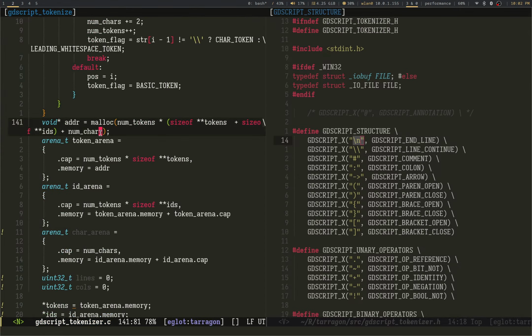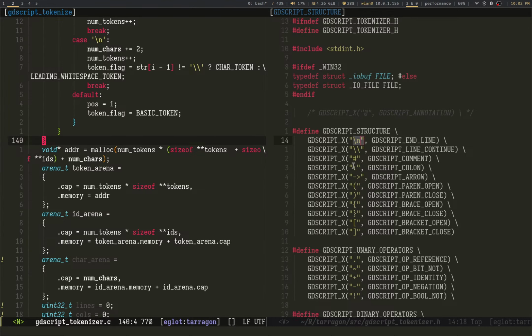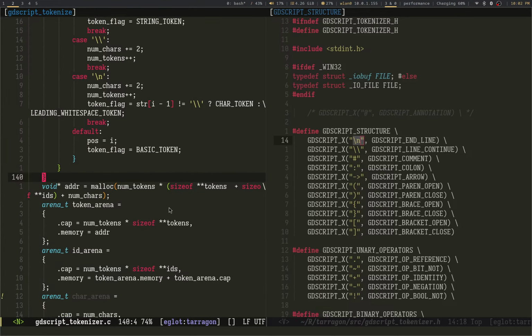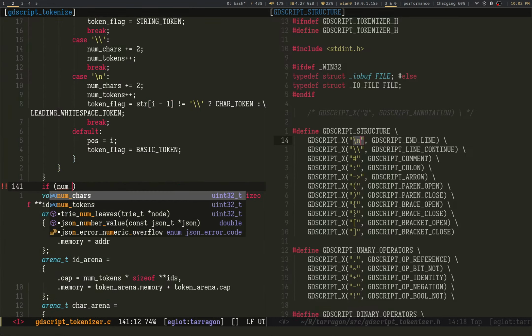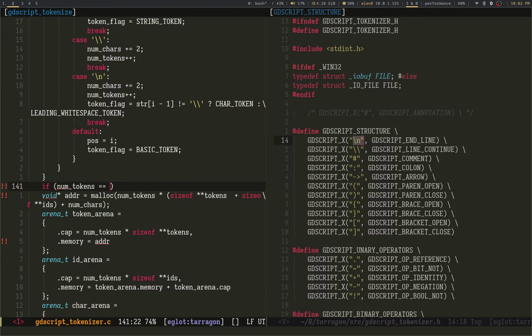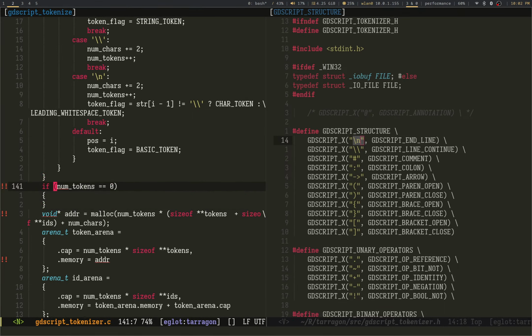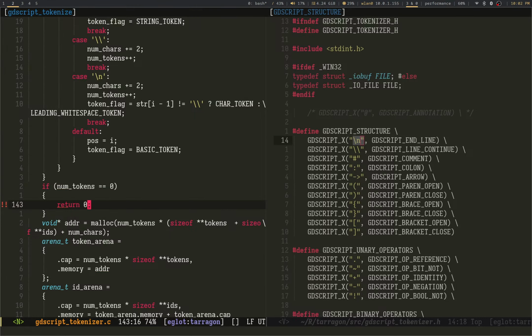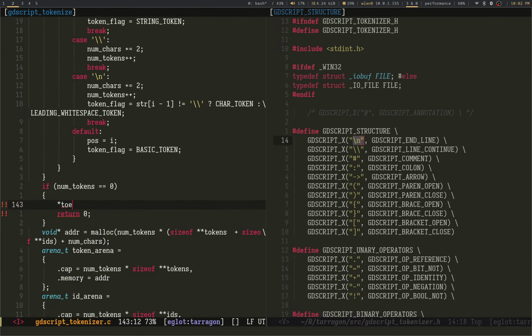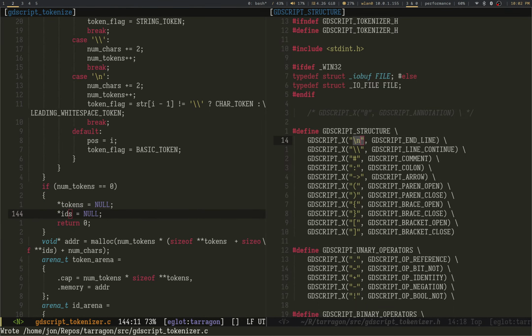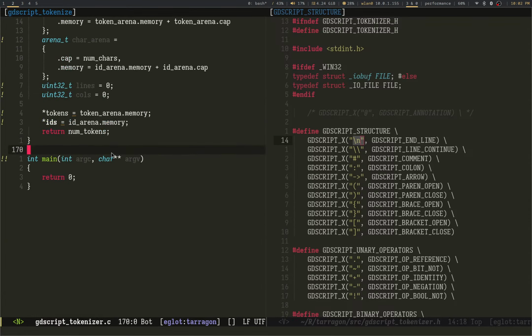Of course, there's some nonsense about if num tokens is equal to 0, tokens is null, it's also null. And we enjoy life.